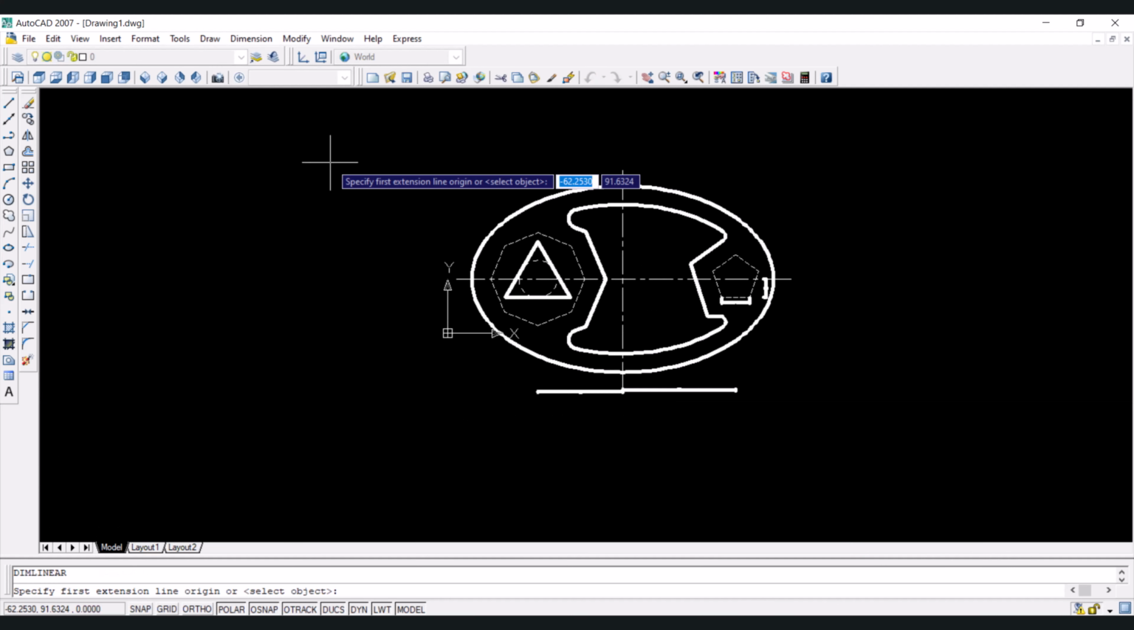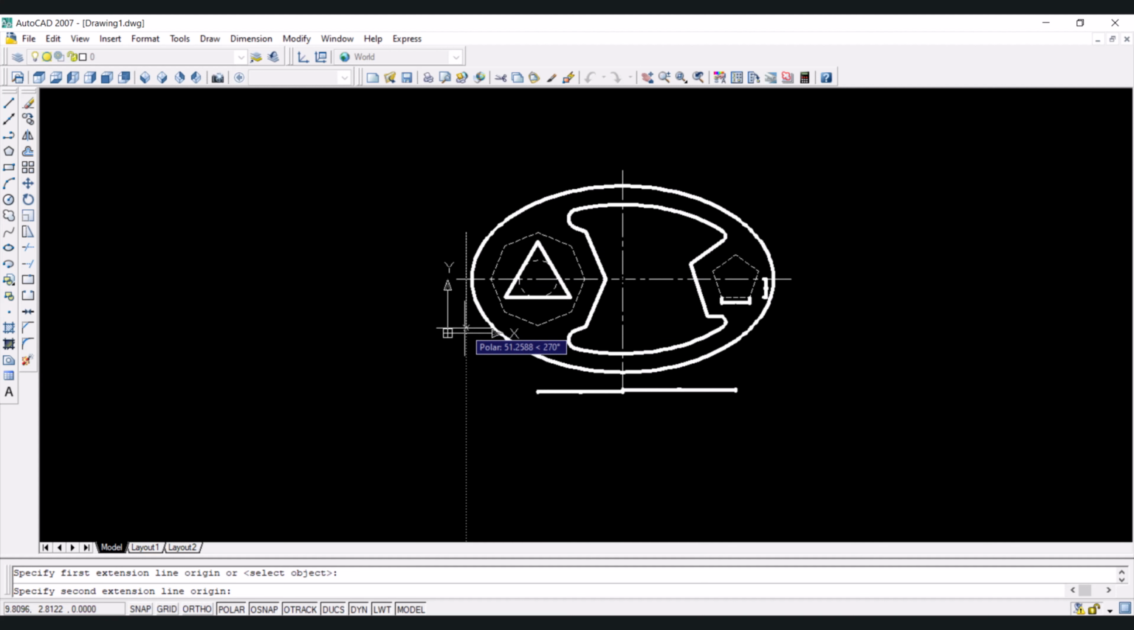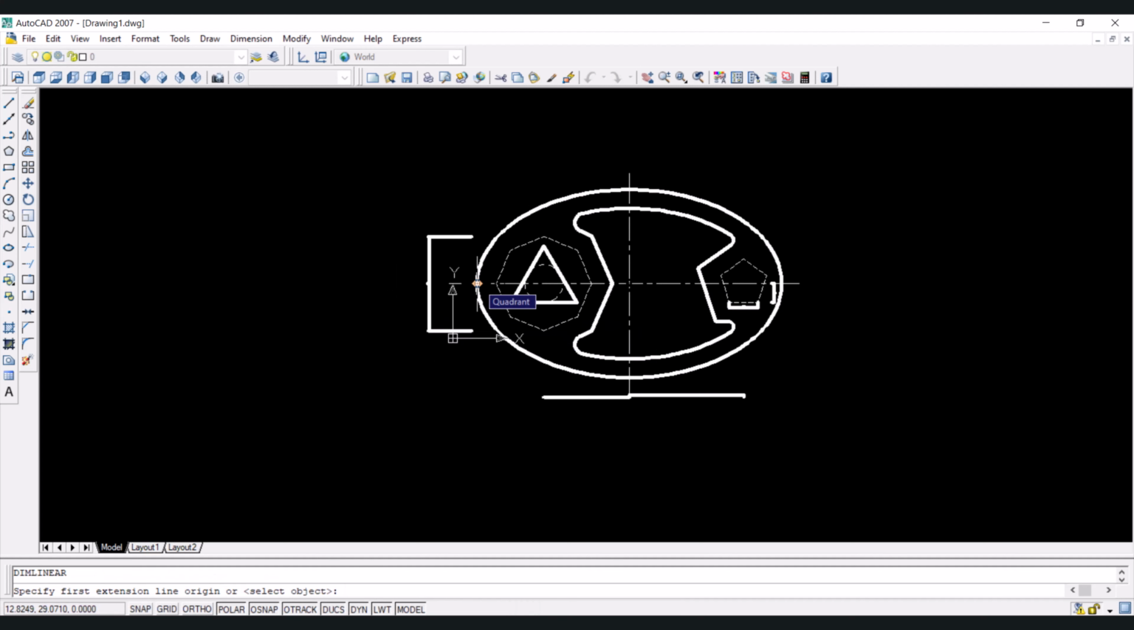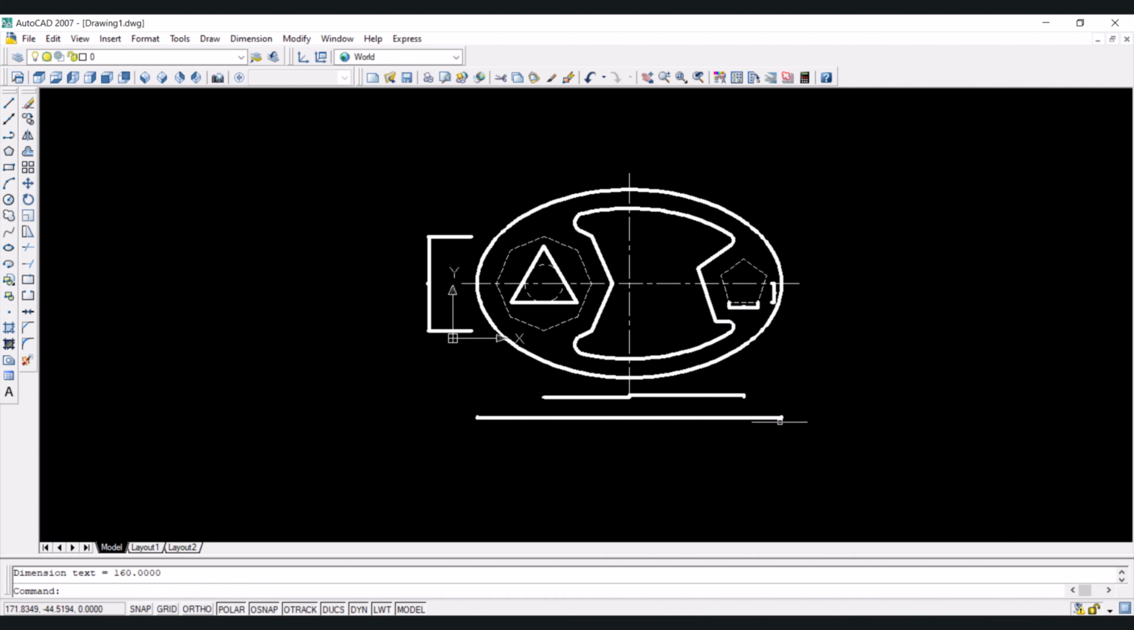Now press enter, trace this vertex of the octagon, click, trace the other vertex of the octagon again, click, move the cursor away, click, press enter, trace this quadrant of the ellipse, click, trace the other quadrant of the ellipse as well, click, click again, press enter, trace the third quadrant in the x direction,